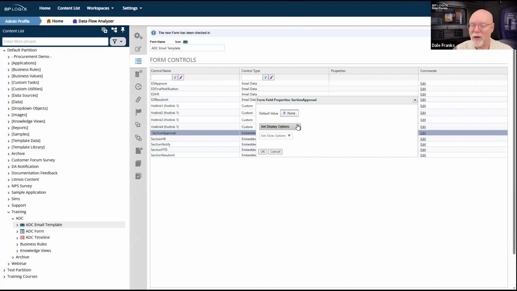But there's also a limitation on the implementation side. So I want this field to be visible when and only when otherwise hidden.